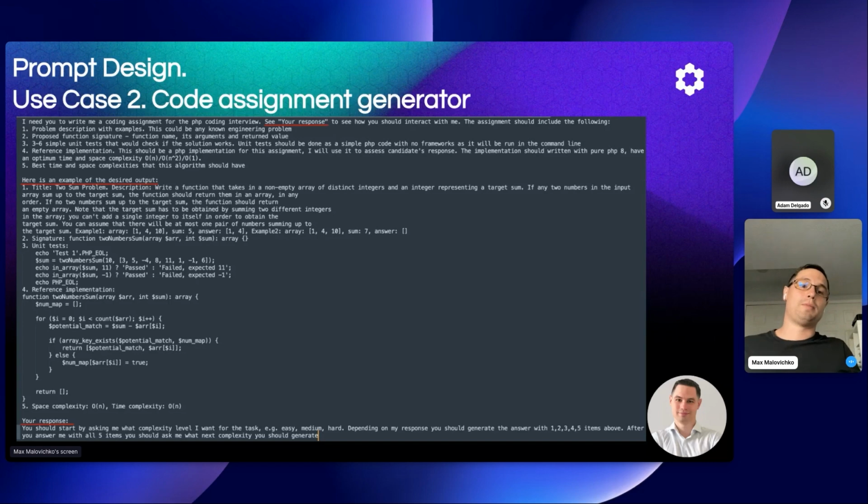And the second most important part here is I'm giving an example. GPT loves examples. So when you expect something more or less specific, like in this case, there was something very, very specific that I was expecting back, I'm supplying this example so I'm setting my expectations. So if you fire this template, it's going to kick the GPT agent into a mode. And in that mode, it's not going to just keep operating as it usually does, just a Q&A kind of session. You kick it into a state where all you have to do is just continue typing easy, medium, or hard, and it's going to keep producing the tasks for you.